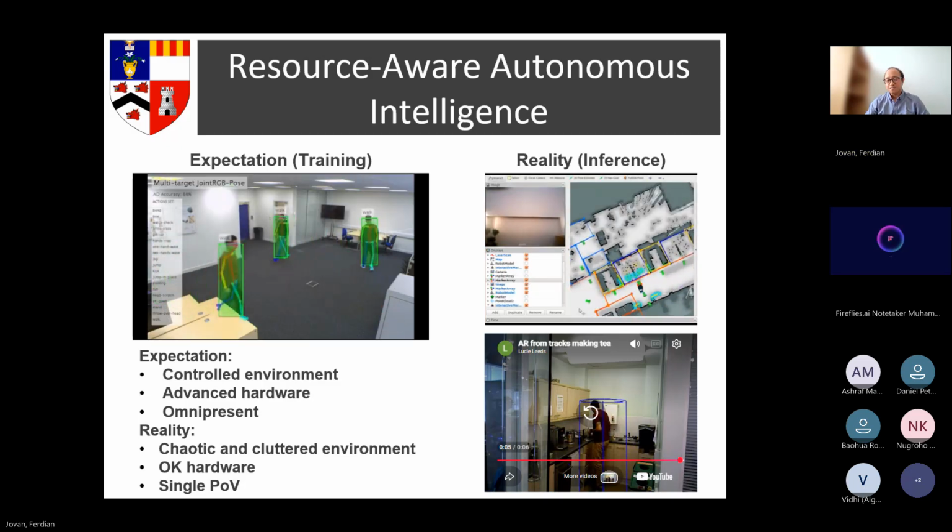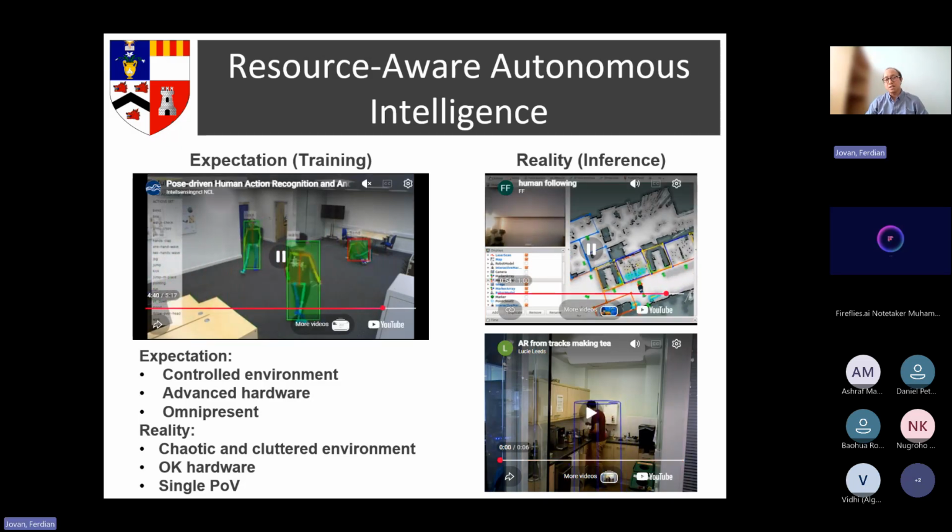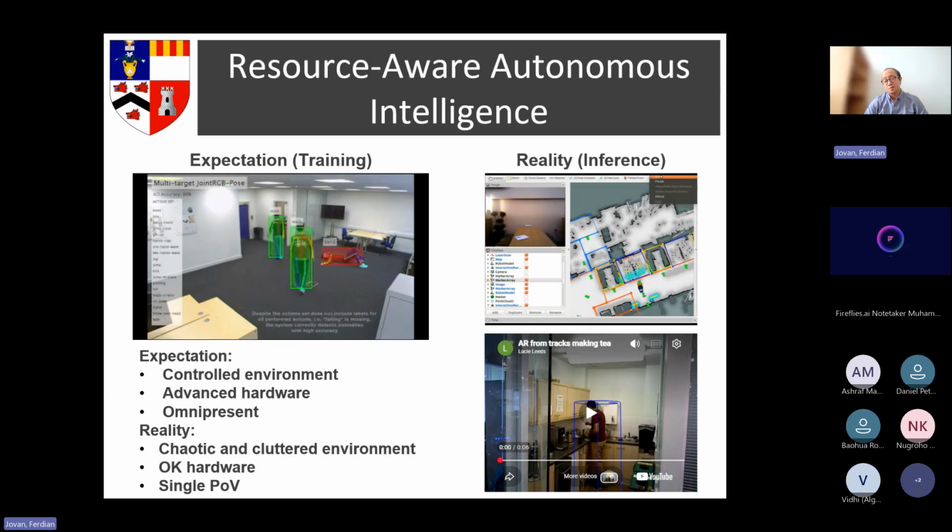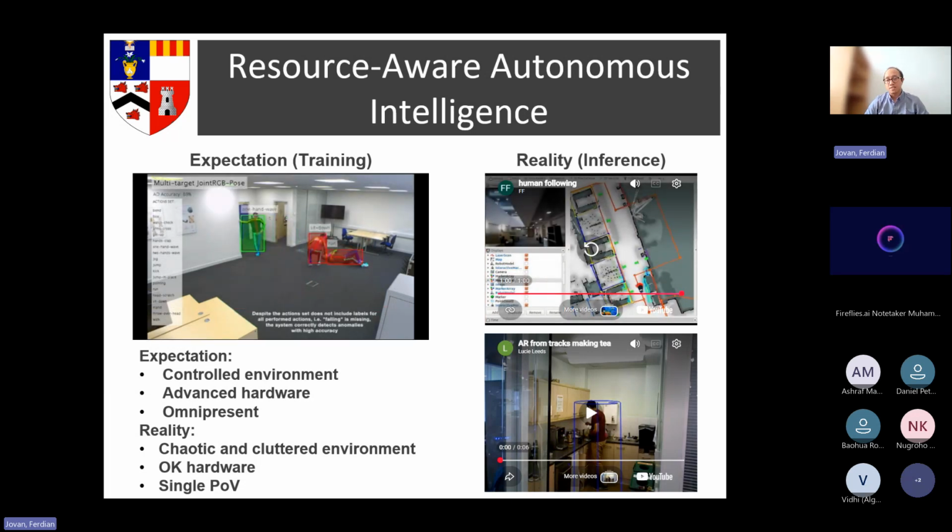So many of these research efforts are not something that you can design in a lab and then deploy in a real-world situation and expect everything to work as intended, because the real world is chaotic. Many things are or can be cluttered and unstructured. And when it comes to the data itself, the data distribution can be completely different between the one that you see or collect in the lab, in the controlled environment, compared to the one that you see in reality.